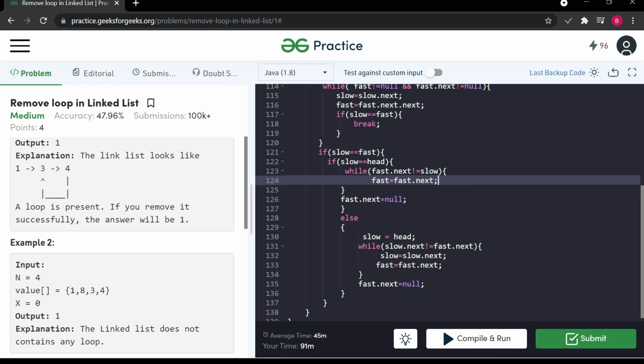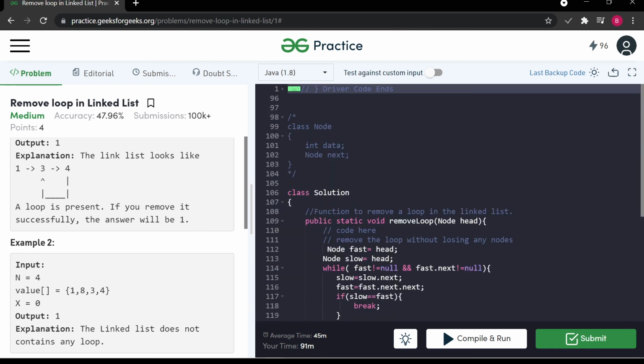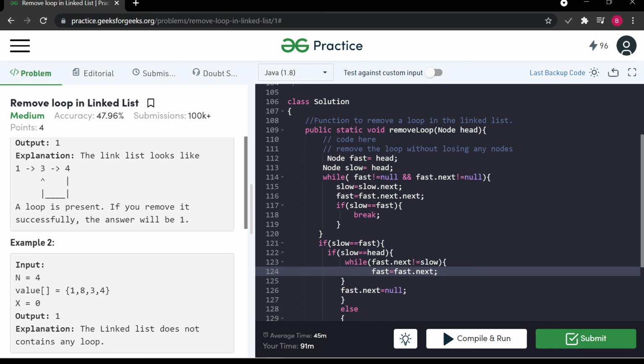That I have done like the next of 5 is 1 in our example. Whenever we get that, what we'll do, we will make the next of 5 as null, that is next of fast as null, and then we will break our linkage, that is we'll get a linked list without any loop.